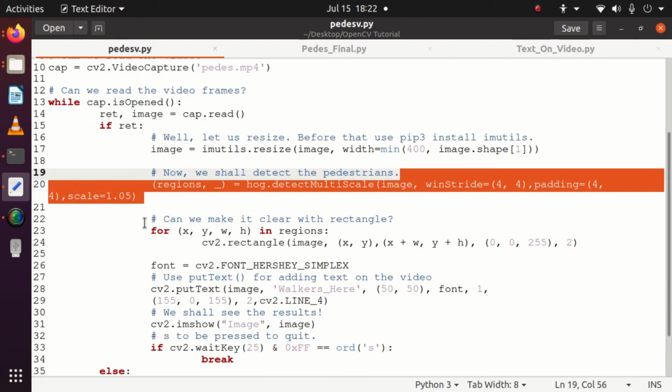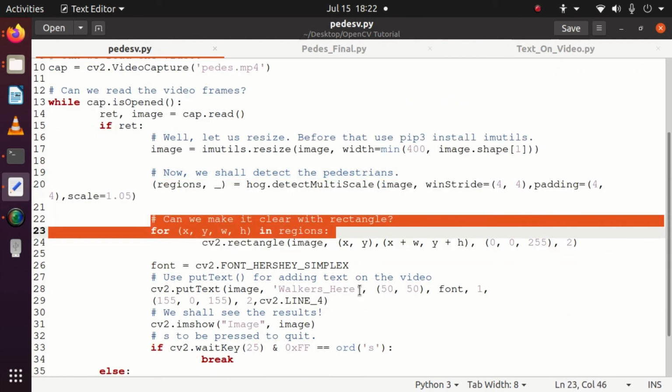Now we need to draw the rectangle over the people who are detected, the pedestrians, and we have x, y, w, h, the right, left, top, bottom. We need to specify that, right? So the rectangle is now drawn with all these coordinates, and this is it. We have now detected the pedestrians and drawn the rectangle over them, but I want to overlay some text saying that these are people who are walking, or walkers here. For example, in a traffic light application or an automobile application, you need to flash a message, people are walking, so stay calm. That kind of message can be added.